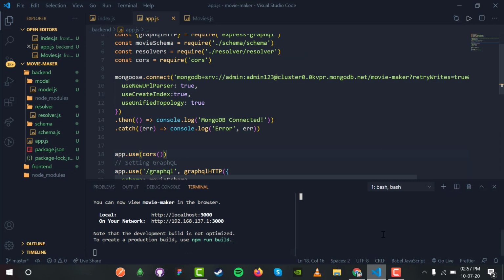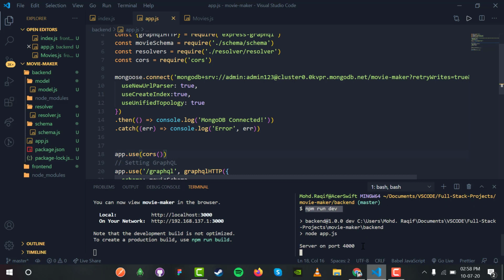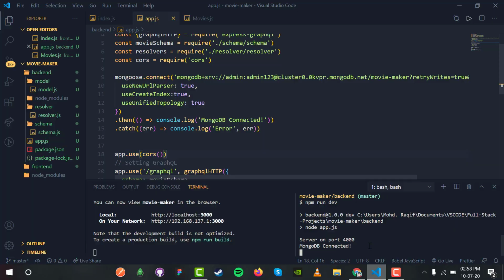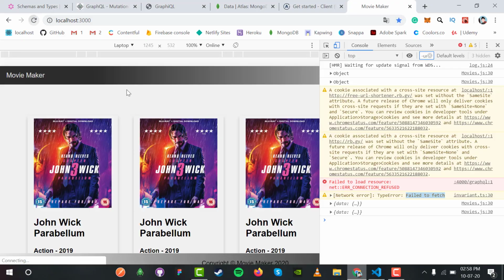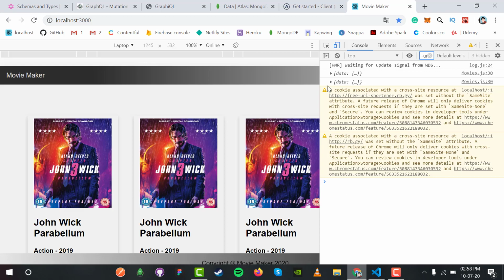This is because I have not started the backend server. npm run dev. Okay, 4000, come on MongoDB. Okay, so now both of our terminals have been set up. Now if I refresh, you will see the data, and ignore this cookie.